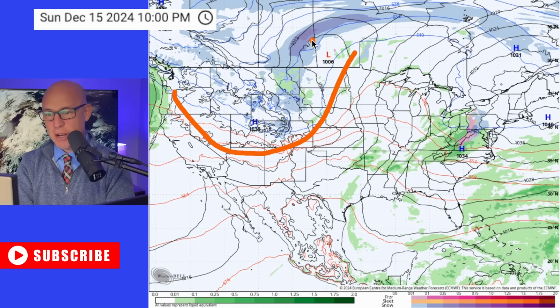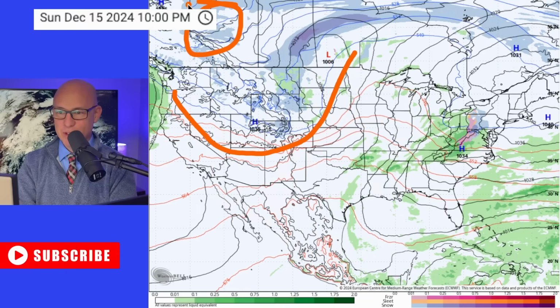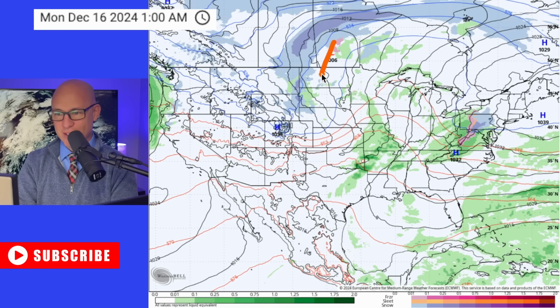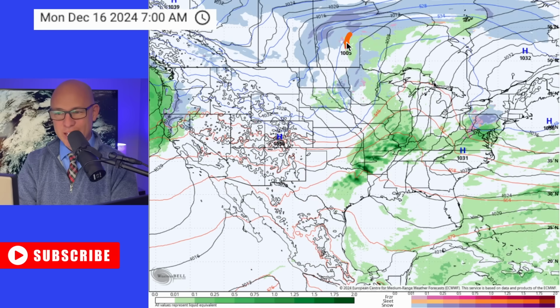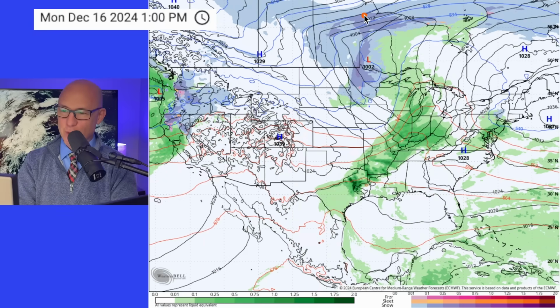It's going to bring some snow into the mountains of Montana, also Wyoming and Idaho, and up here into Alberta, we're going to see some snow, too. Most of that, though, into the mountains, and then Saskatchewan and Manitoba, we'll likely see some snow out of this as low pressure deepens. It looked like earlier in the week we were going to see this maybe a little further south, but I don't think that's going to happen, so most of the snow is now confined up here into Canada,